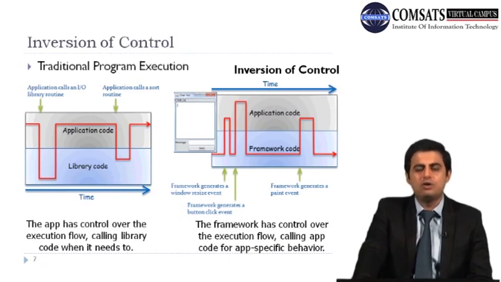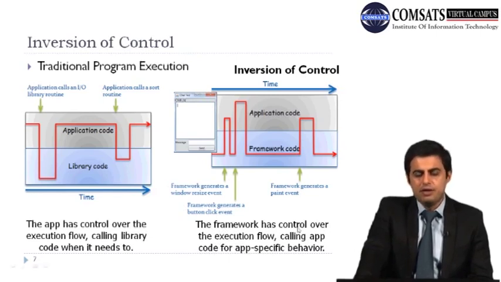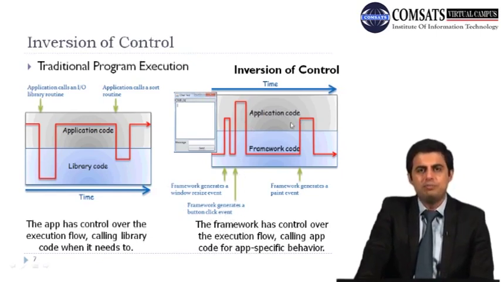You don't have to tell how that paint should be done. The framework generates a button click event. So here again, you are not writing any code for the button. Rather, a framework has generated a code, but it also asks you what kind of event you want this button to do. So you can simply mention that kind of event, and they also give you options.